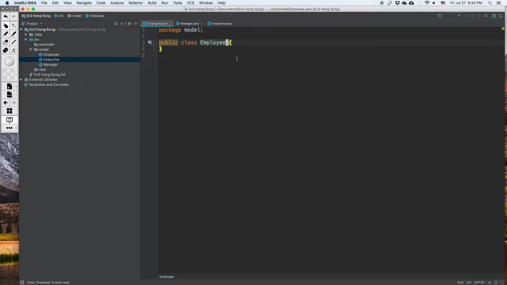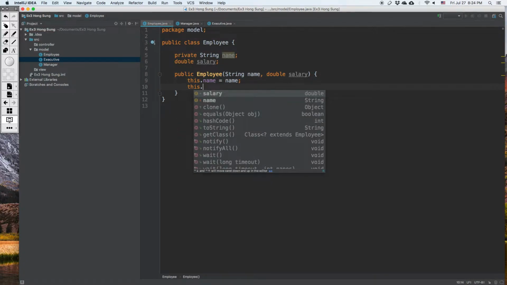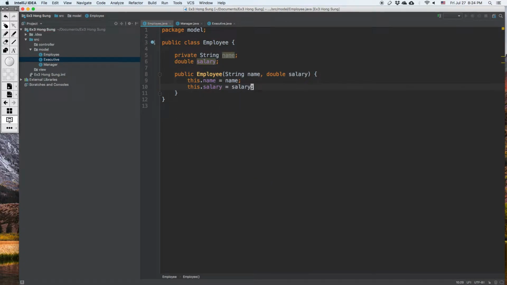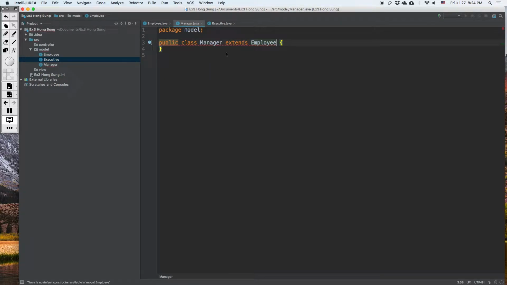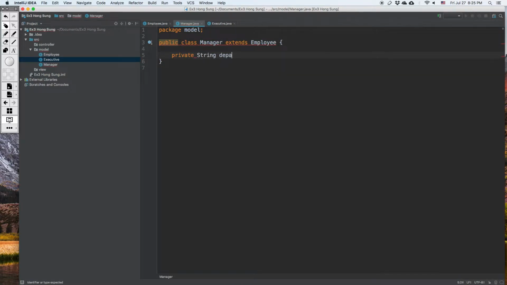So let's define the Employee class where we have a name and a salary. In the constructor, Employee, we get the name and the salary there. Then we can set name and salary there. So in Manager,